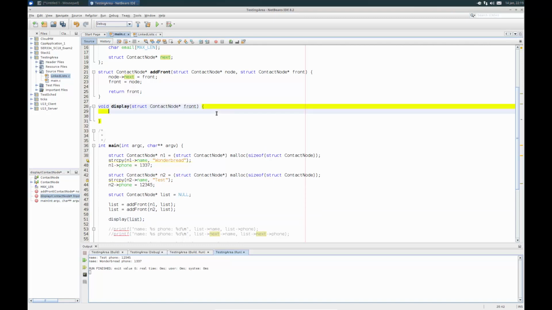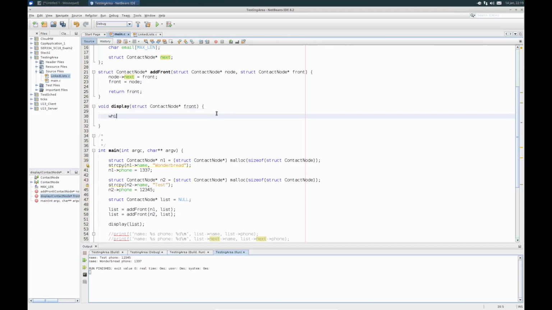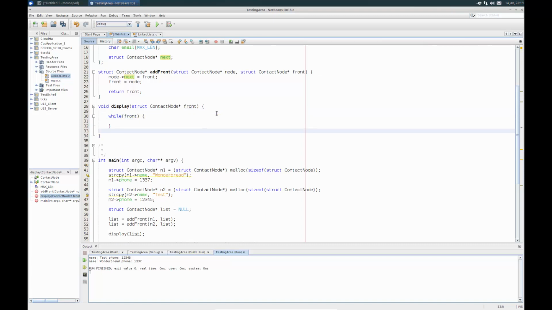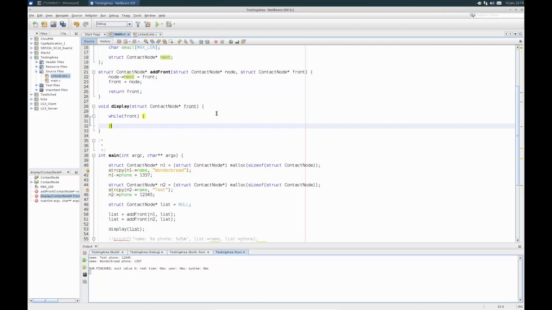So how can I implement that? Well, here I'm inside the function. I have a reference to the front of the list. A list may have many elements in it, so what we want is something like a loop. What type of loop would be appropriate here? I think something like a while loop might be appropriate. So let's write while front. The idea here is I don't really know how many elements are going to be in my list. If I don't know how many elements are going to be in my list, does it really make sense to use a for loop? Probably not. Typically for loops are used when you have a defined start and a defined end. Here we have the start, but we do not have the end. So we just want to loop while we have something to work with.